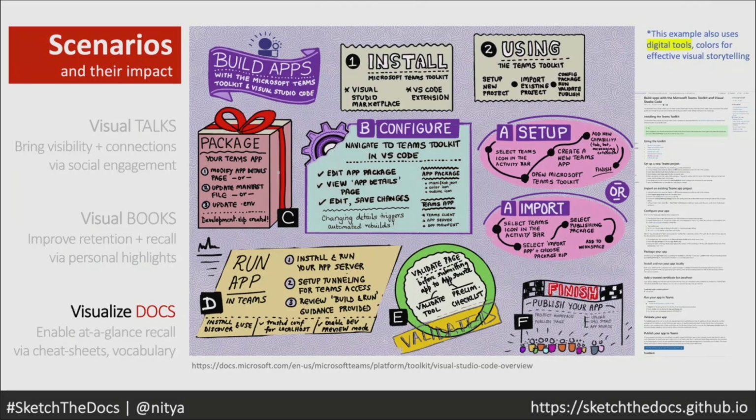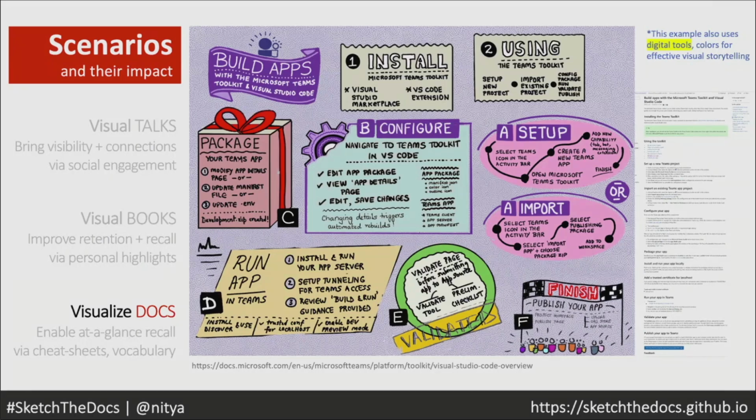On the right, you actually see the shrunk down version of the long page, and this is the visualization of it. What they can do for you is provide at a glance recall of something that is otherwise going to be a wall of text and give it to you in a way that lets you quickly glance at it and provide either a visual vocabulary or a cheat sheet for you to catch up where you left off. So in this case, for example, I might want to know how many steps are there.